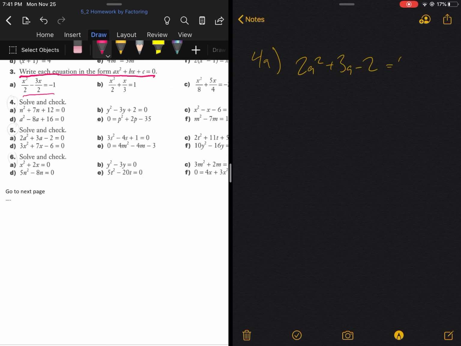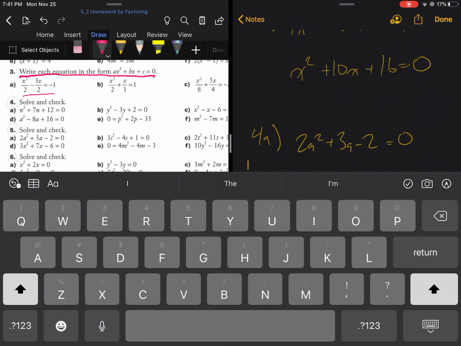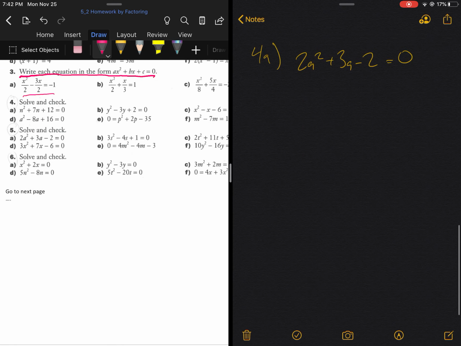Okay, for a, solve and check. 2a squared plus... Now I'm going to go fast so that you guys can always slow it down if you want. Basically, how do we solve by factoring? We have to find a number